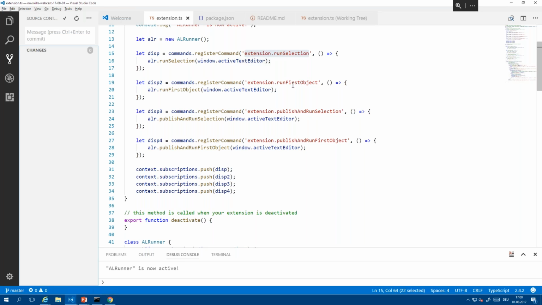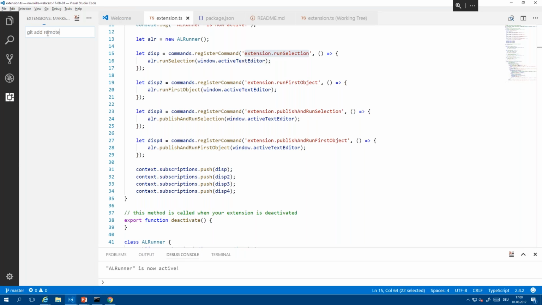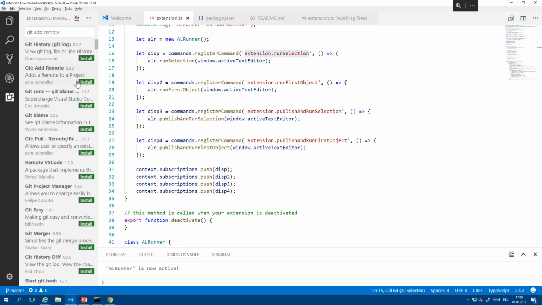So I'm going to search in here for, I want to add a remote, and I find one and just reload.